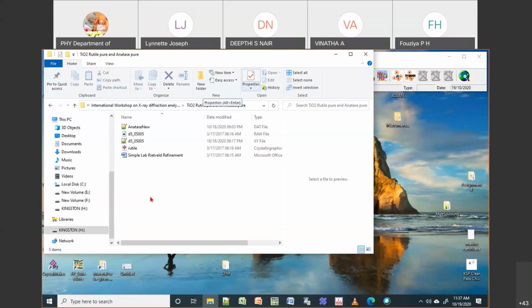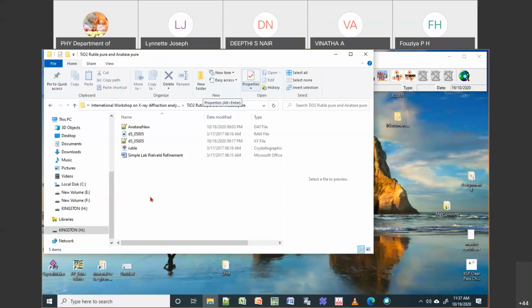You can use many other software packages, you don't always have to use Qualx. If the system controlling your X-ray machine has better software, like Match, iScore Plus or EVA, then it is better to do the profile match from that machine, since it will give more information. This also gives information, it is not that it is not giving information, but if you can get more information, it is better. The procedure will be the same.